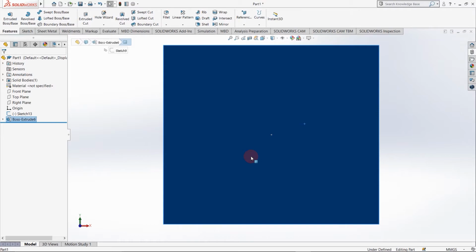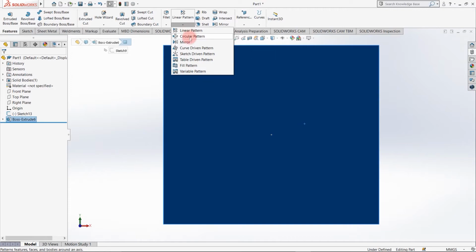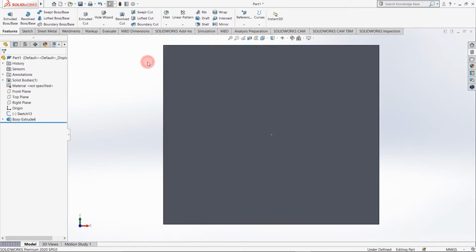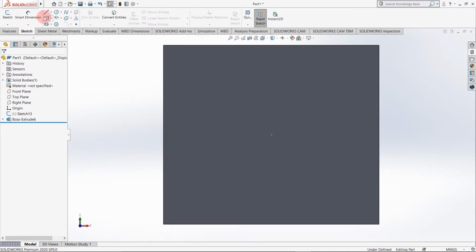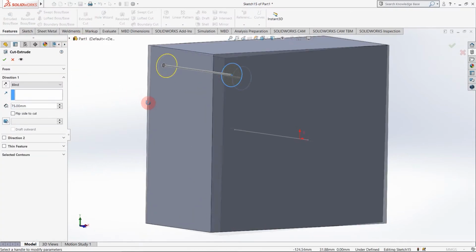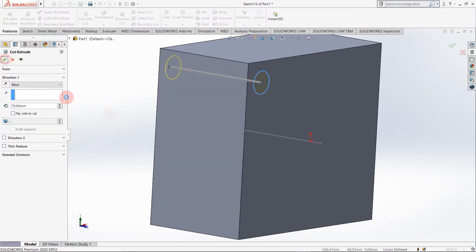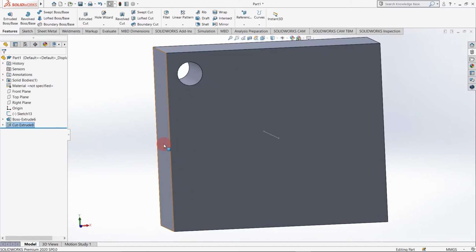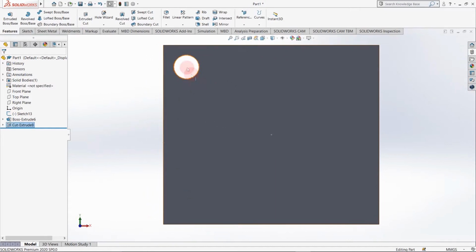The next command I want to explain, also in patterns, is mirror. For mirroring I am going to create one hole on this surface, extruded cut, blind. Okay. I want the same hole on this side, so I'm just going to select mirror.